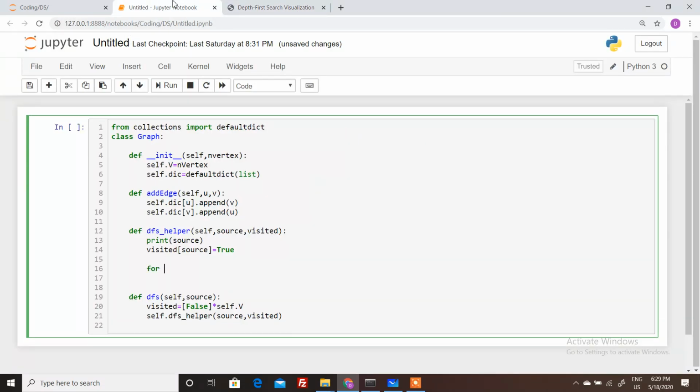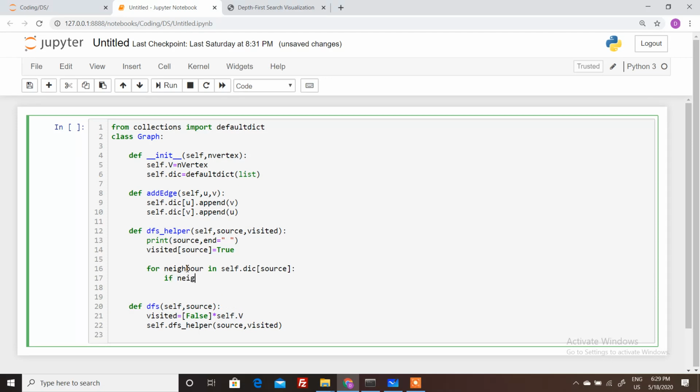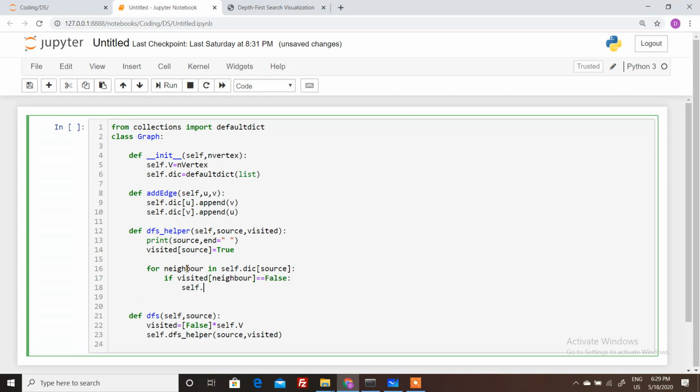So we will say for neighbor in self.graph of source, if visited of neighbor is false, then only we will visit that node. Then only we will call self.dfs helper of the neighbor and visited.